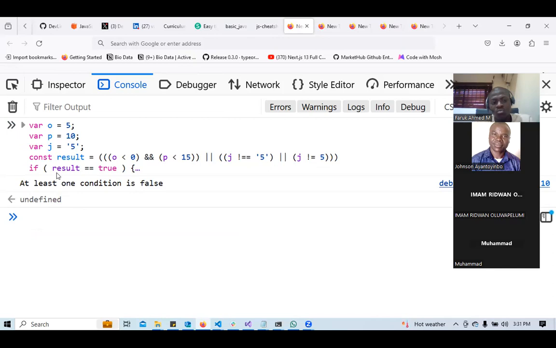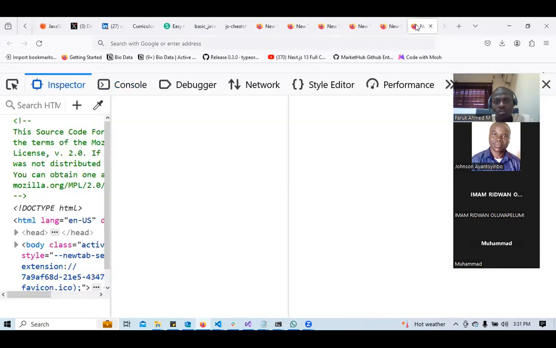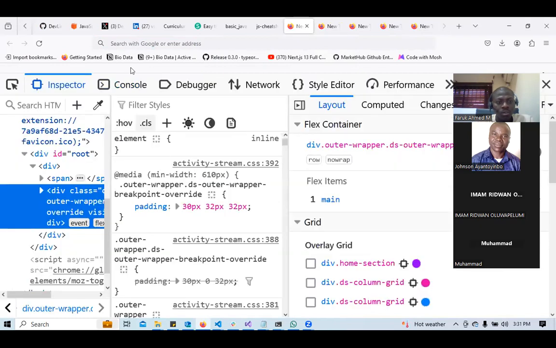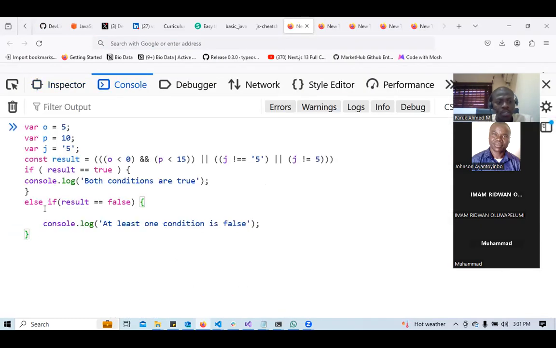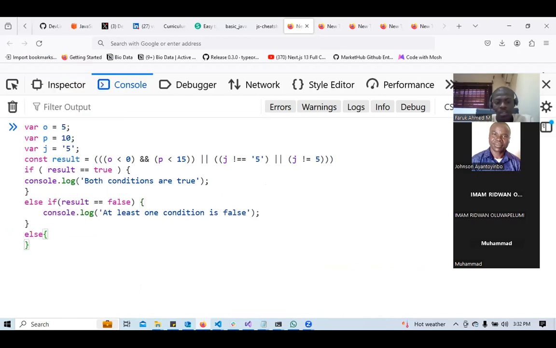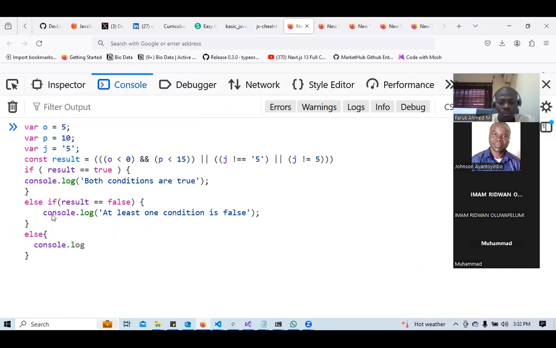Sorry, I'll paste it here. Else if result is false, display this. Then else, display console.log, unknown